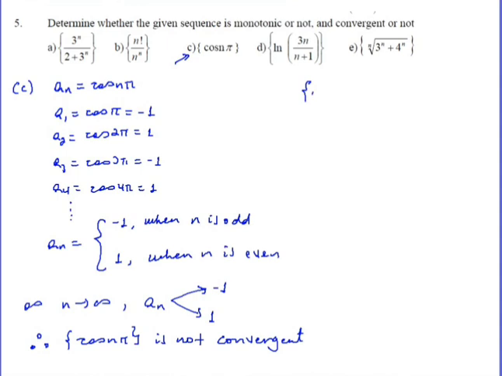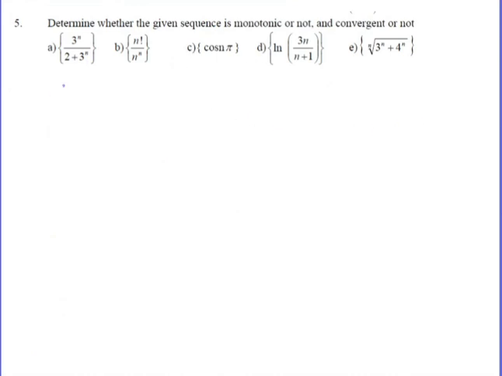the other thing, the sequence cos n pi is not monotonic. ለምንድነው ሞኖቶኒክ ያልሆነው? ወይ ኢንክሪዚንግ አይደለም ወይም ዲክሪዚንግ አይደለም። okay, so this sequence oscillates between two numbers 1, -1, 1, -1 እየሆነ ነው የሚሄደው። so ኢንክሪዝ አያደርግም ዲክሪዝ አያደርግም፣ therefore it's not monotonic እንላለን ማለት ነው።